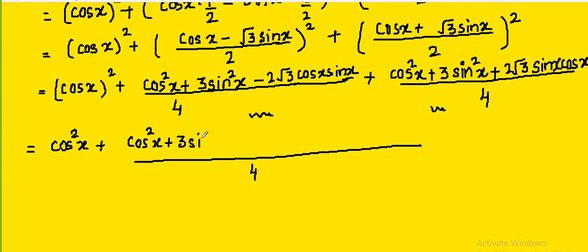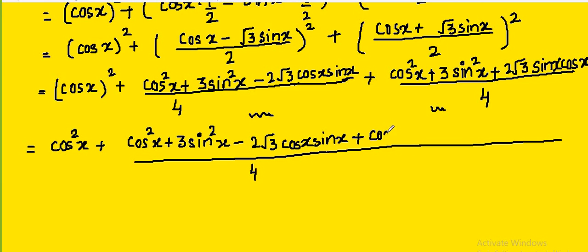Cos square x plus 3 sin square x minus 2 root 3 cos x sin x plus cos square x plus 3 sin square x plus 2 root 3 sin x cos x. As you observe that we have one term negative, that is minus 2 root 3 sin x cos x, and one term positive, so they will be cancelling each other, leaving us